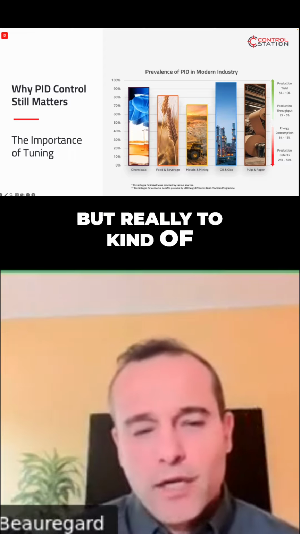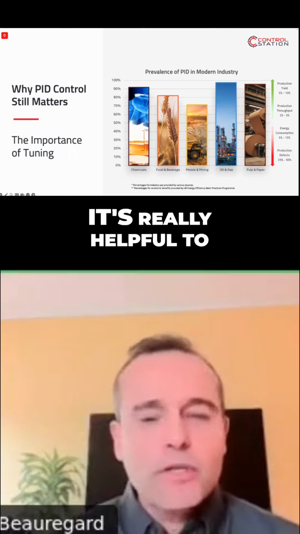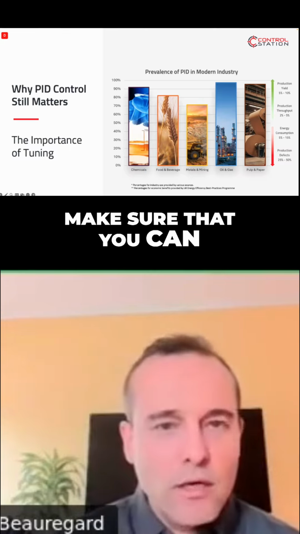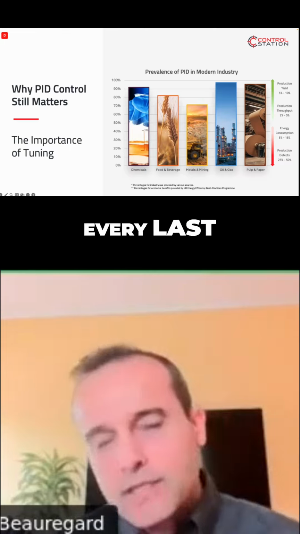But really, to get to that last inch, it's really helpful to have more procedural stuff in place to make sure that you can really nail it down and squeeze every last drop of efficiency out of your loops. And also,